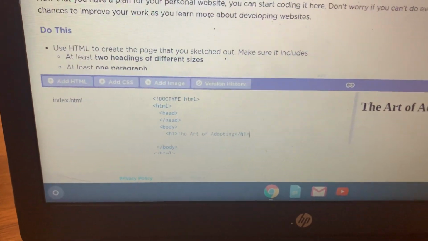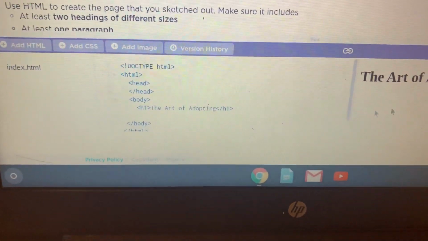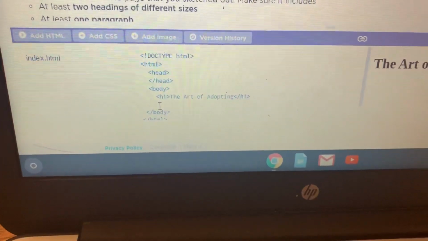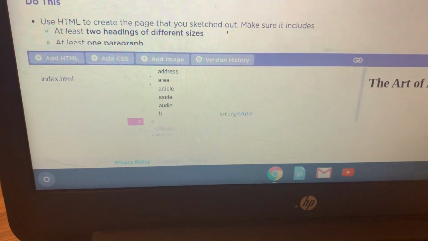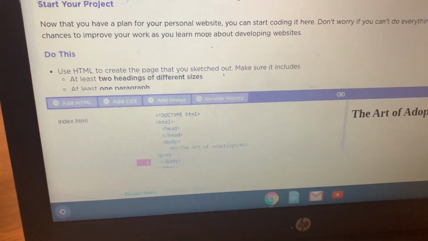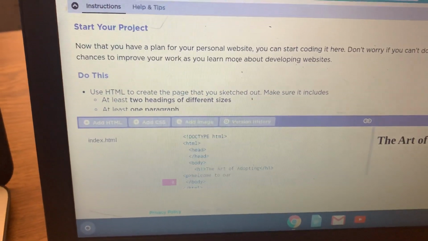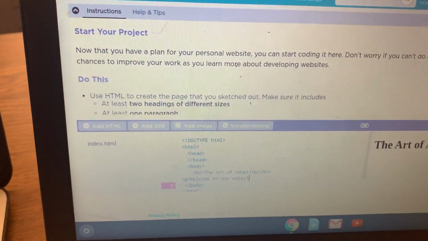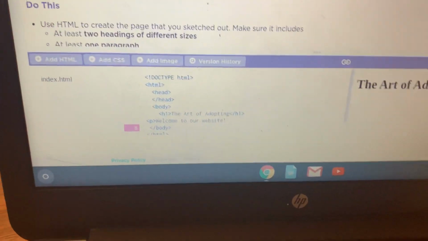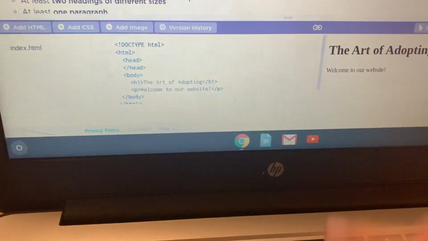From here, we're going to add a paragraph. Underneath the H1, we're just going to do less than P greater than for paragraph. And then I'm just going to type in something really quick for the purposes of our video here. I'm going to say, welcome to our website. You want to be a little bit more descriptive though. And then we're going to do less than / P greater than,